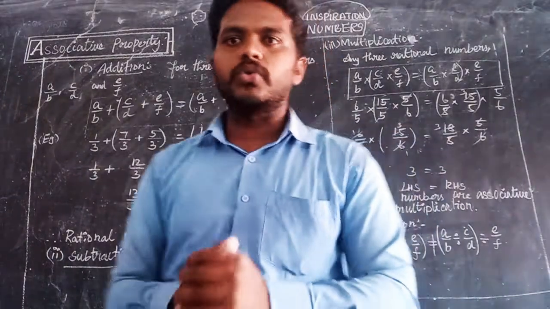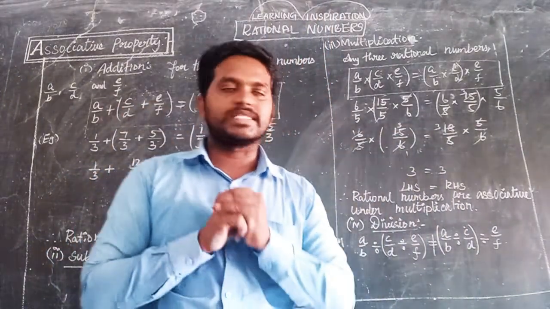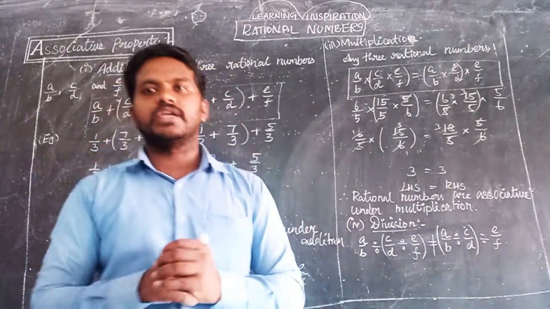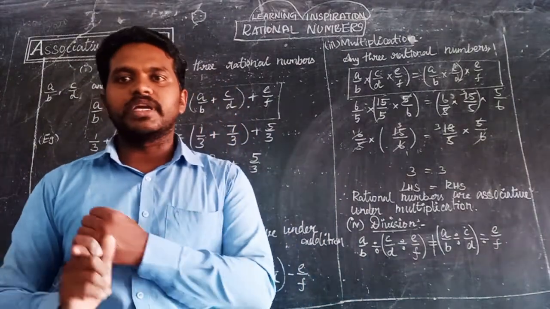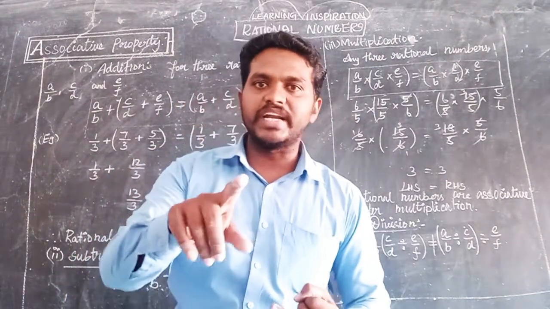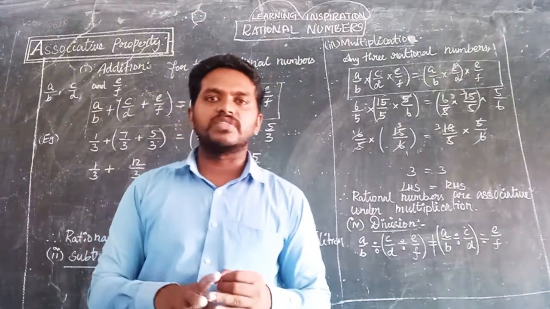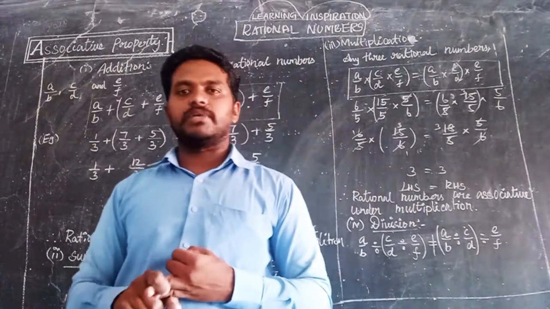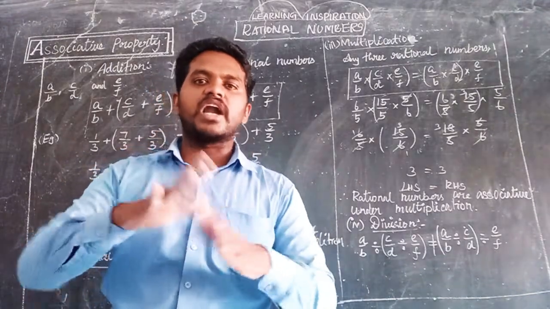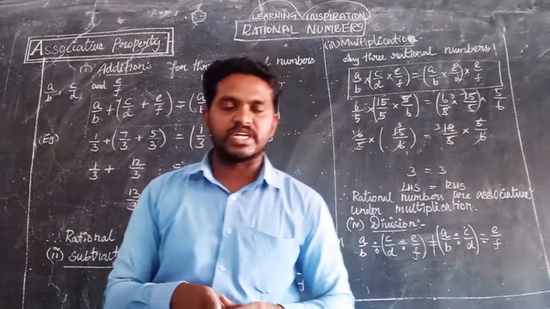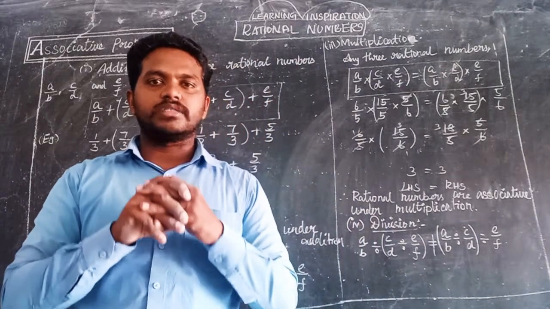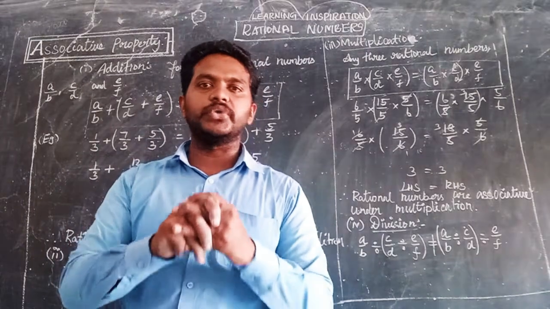So we can come to the conclusion: rational numbers are associative under multiplication. So in this video we have learned associative property. Associative property is only proved with addition and multiplication. Rational numbers are associative only with addition and multiplication. So we can't change the order of the terms while subtracting and dividing numbers. So subtraction and division are not commutative and not associative because we can't change the order of the terms. Order is very important for subtraction and division. Order does not matter for addition and multiplication. So keep in mind, addition and multiplication only are satisfied for commutative and associative property.